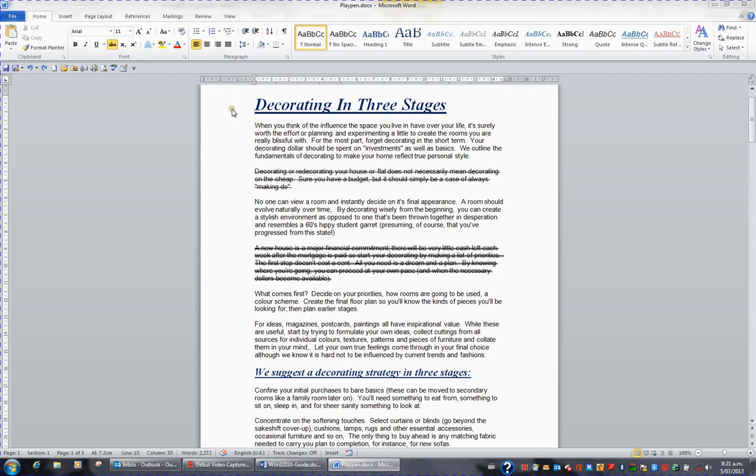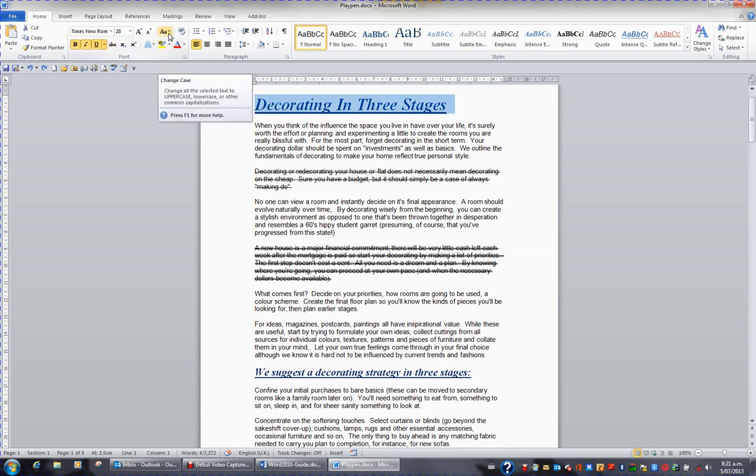When you have a passage of text selected and you decide that you want to change the case, we looked at the fact that there is a button on the Home tab in the ribbon which allows you to change the case. What Microsoft fails to mention is there is actually a shortcut key for this option as well. Instead of clicking the button and choosing sentence case, lowercase, uppercase, or capitalize each word, you could hit the key combination Shift F3. If I hold the Shift key down and I tap the F3 key, it changes my text